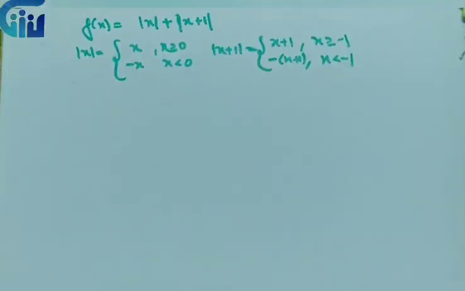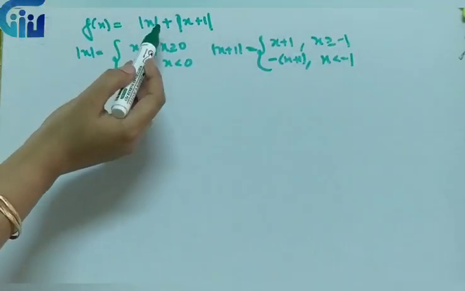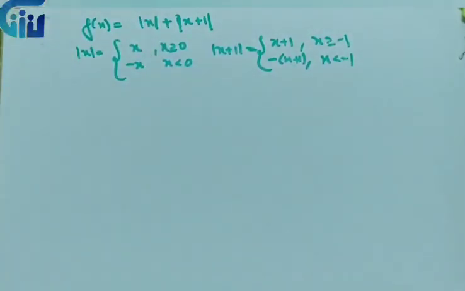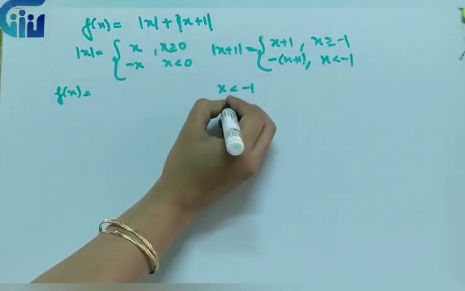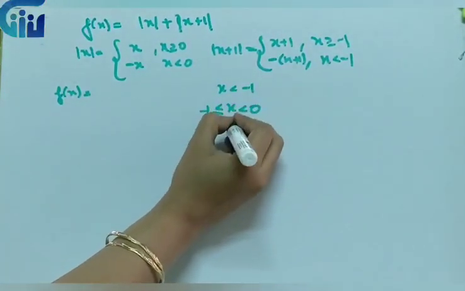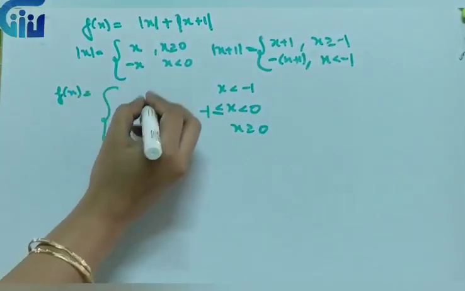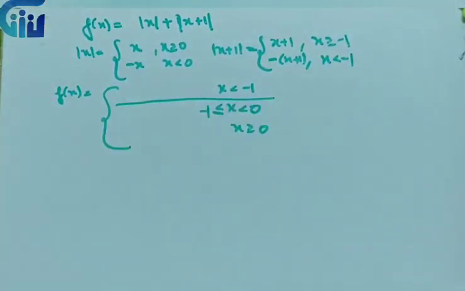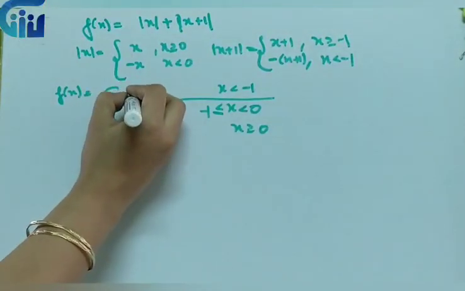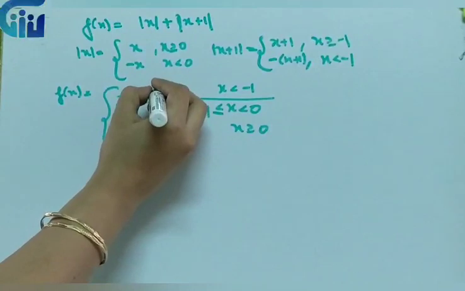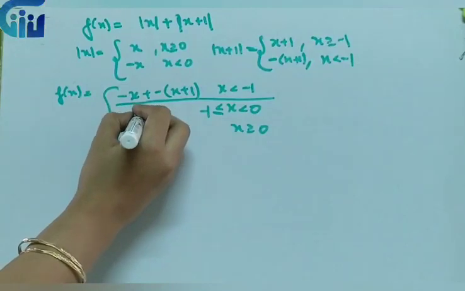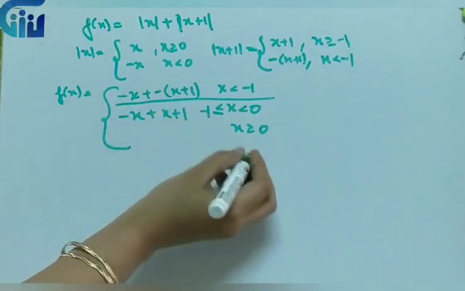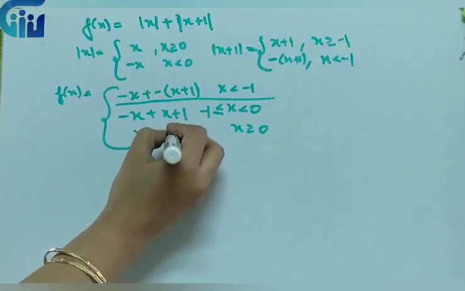Now see what difference there would have been if we had a plus sign over here, right? So the same definition we will be writing as we did in the first case. Again we will redefine our function. So again we will have x less than minus 1, x greater than minus 1 and less than 0, and x greater than or equal to 0, right? For the first, when x is less than minus 1, over here again it will be minus x, and this will also be minus, so it will be minus x plus 1, right? Then second, this will be minus and this will be plus. Then for the third, both will be positive.